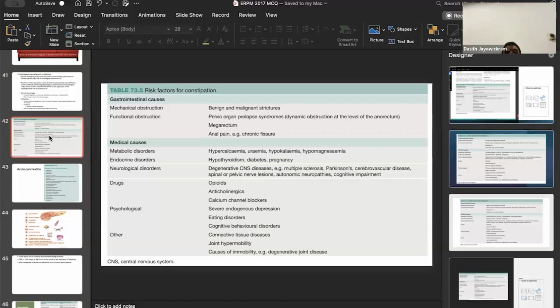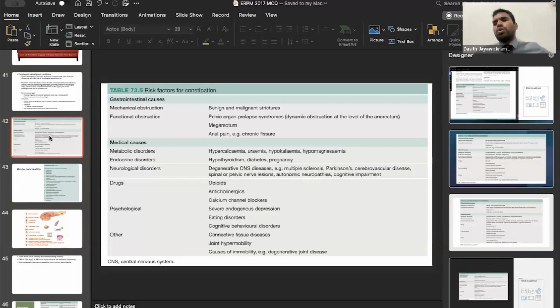And then metabolic medical causes such as metabolic disorders. There are electrolyte disturbances that will cause constipation, such as hypercalcemia, uremia, hypokalemia, hypomagnesemia, hyponatremia. Endocrine disorders, hypothyroidism is a very common cause for constipation. Diabetes and pregnancy, because diabetes